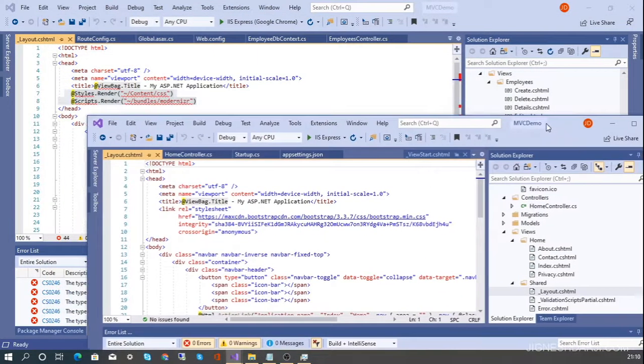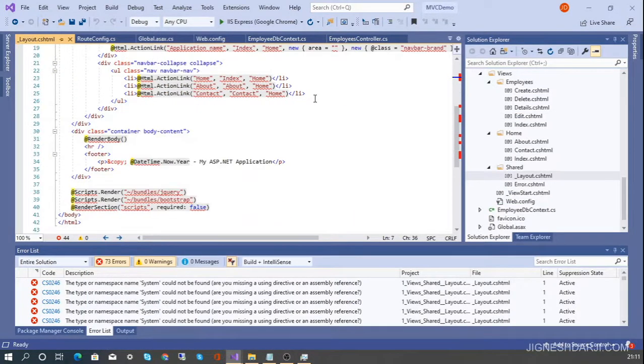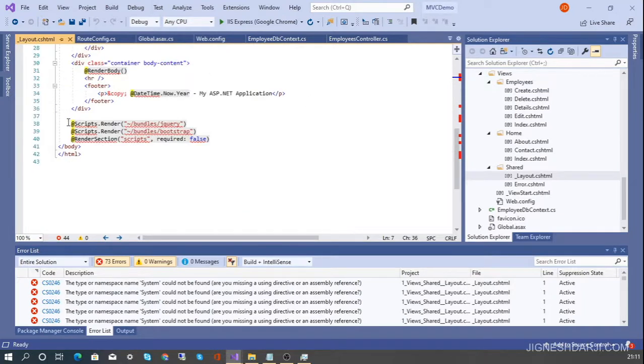For example, inside this layout you can check I have some rendered CSS, for the bootstrap CSS. I simply convert that render method to a simple link with the relation set to stylesheet, and I specify the bootstrap CSS path here. You need to implement the same for the JavaScript as well.